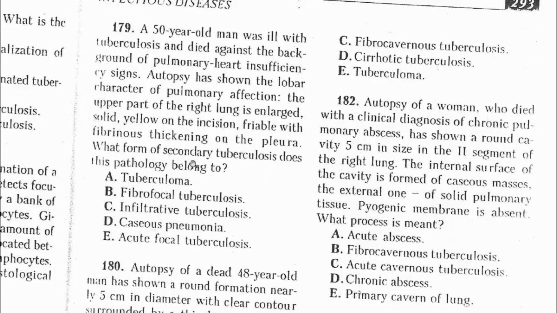Fibrofocal tuberculosis forms due to intensification of acute local tuberculosis with formation of fibrous capsules. Infiltrative tuberculosis is characterized by the extension of perifocal inflammation, whereas caseous pneumonia develops due to progression of infiltrative tuberculosis. So your answer is